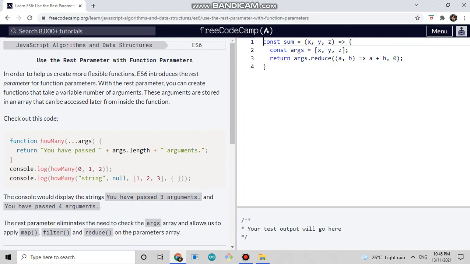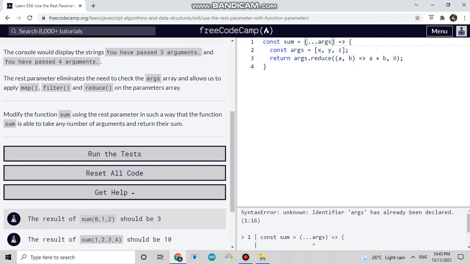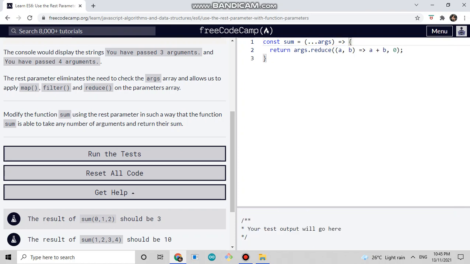use the rest parameter with function parameters. So modify the function sum using the rest parameter in such a way that the function sum is able to take any number of arguments and return their sum. So const sum, let's say ...args, and return, say return args.reduce((a, b) => a + b, 0). So okay,